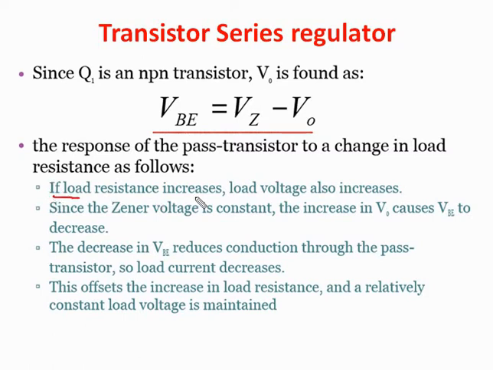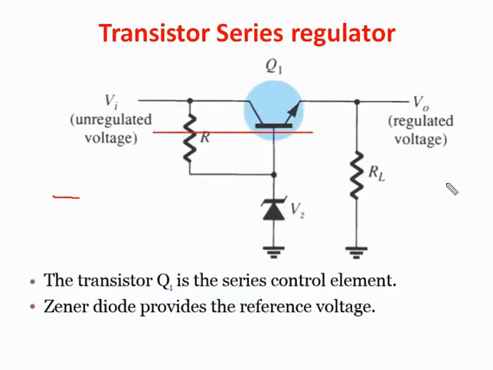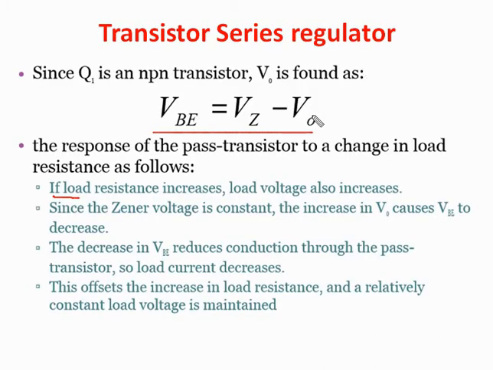If the load resistance is increased, the voltage across this resistance will also increase. That means if we increase the value of RL, suppose the previous value is 10 and we increase it from 10 to 12 volt, the voltage across this will increase, so VO is increased. From this equation, if VO is increased, the voltage subtracted from the VZ will increase, the value of VBE